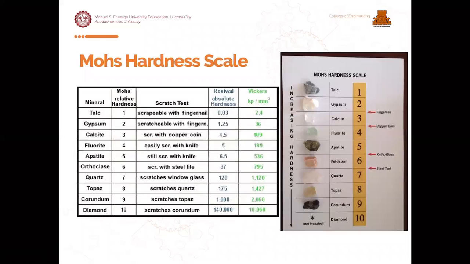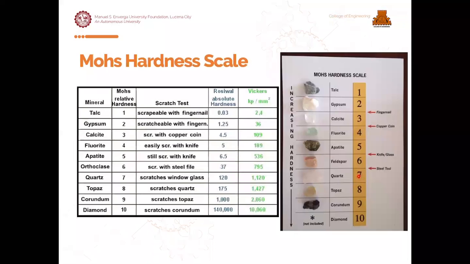Then, meron tayo yung pang-anim. So, yung pang-anim, feldspar or orthoclase. So, ang ginagamit natin ay steel tool naman. Okay? Then, after number 6, makakapag-scratch na sa kanya is yung same material na lang niya. Okay? So, halimbawa, itong sa number 8, then sa 8, 9, 10, so ma-scratch mo na lang siya by the same mineral. So topaz lang,